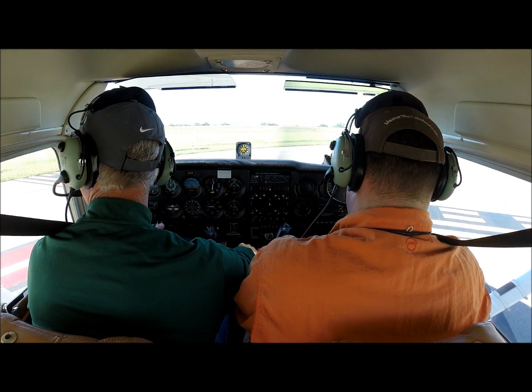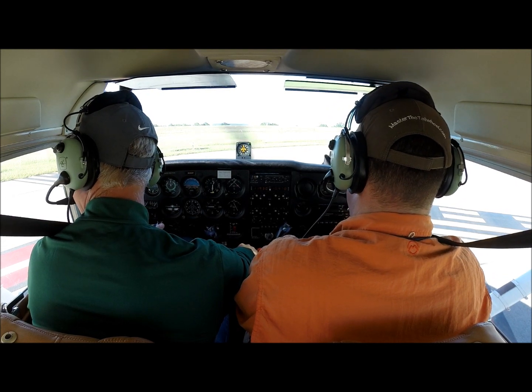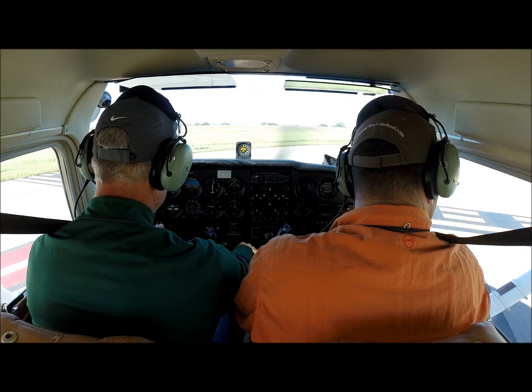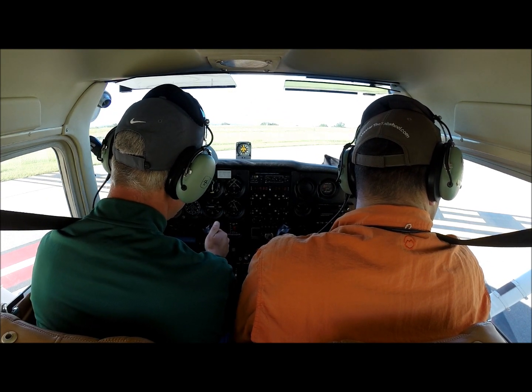Citation 4 Golf Echo, turn right Alpha 2, departing via Alpha Delta, remain this frequency. Alpha 2, Alpha Delta, the Waco flying service with...